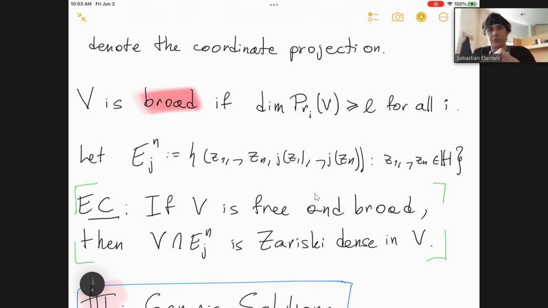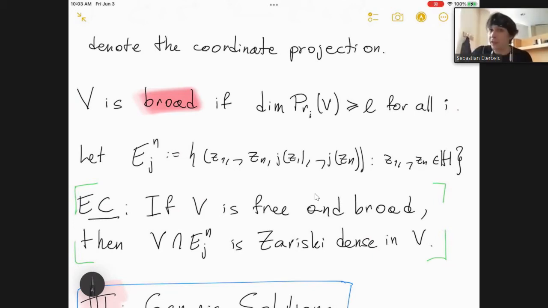Freeness is there to ensure that the variety V is not breaking any of the functional properties of the J function. If you don't ask for V to be free, it's really easy to come up with examples where the intersection with the graph is empty. So, for instance, one thing that can go wrong is that